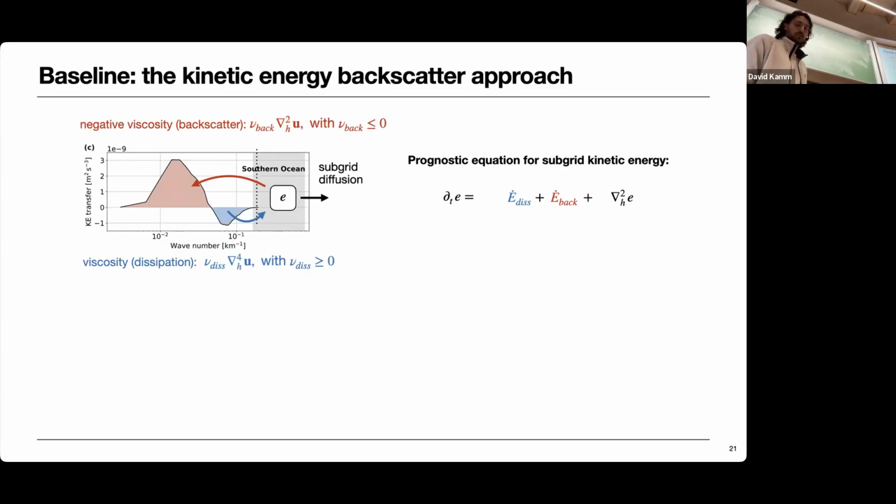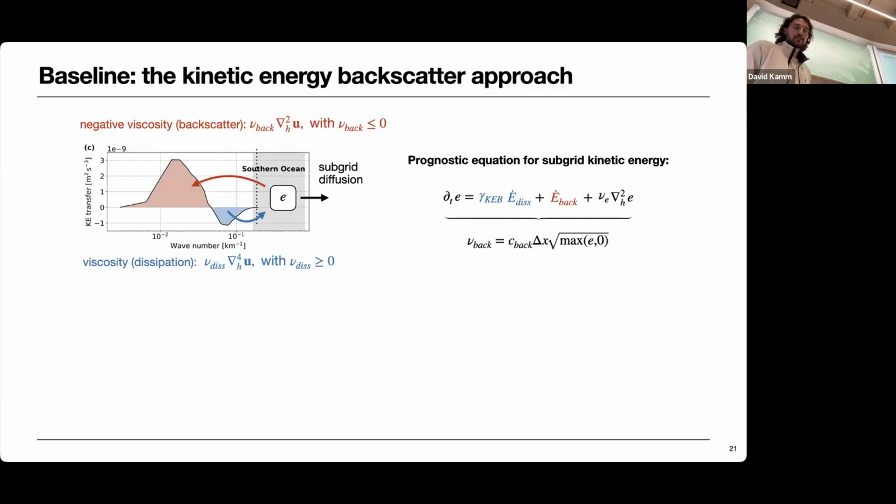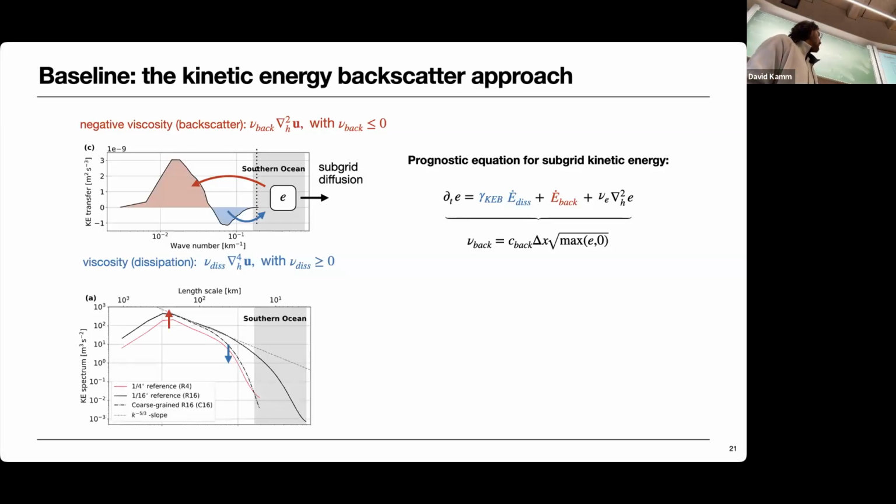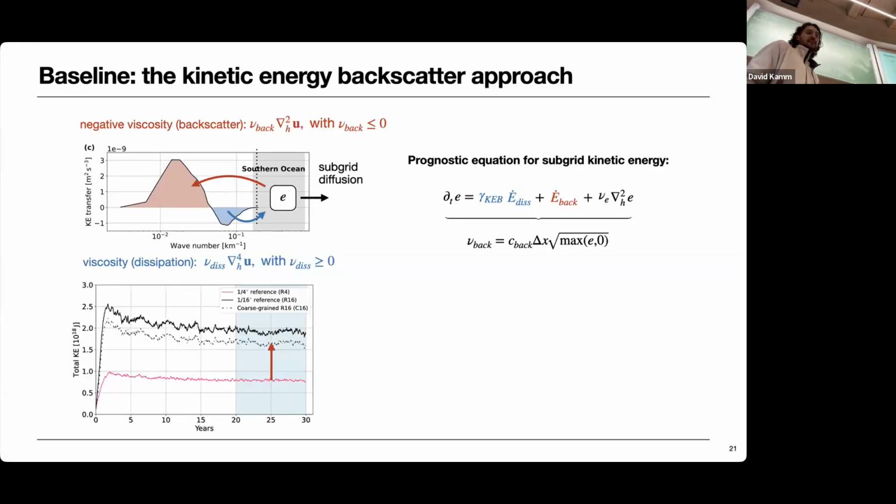This doesn't matter for the talk today, but there's multiple parameters that you can talk about a lot and tune a lot. But what we're ultimately after is we want one term that dissipates the energy at small scales and one term that energizes the flow at large scales, so that in a net effect, we have an energization of the flow